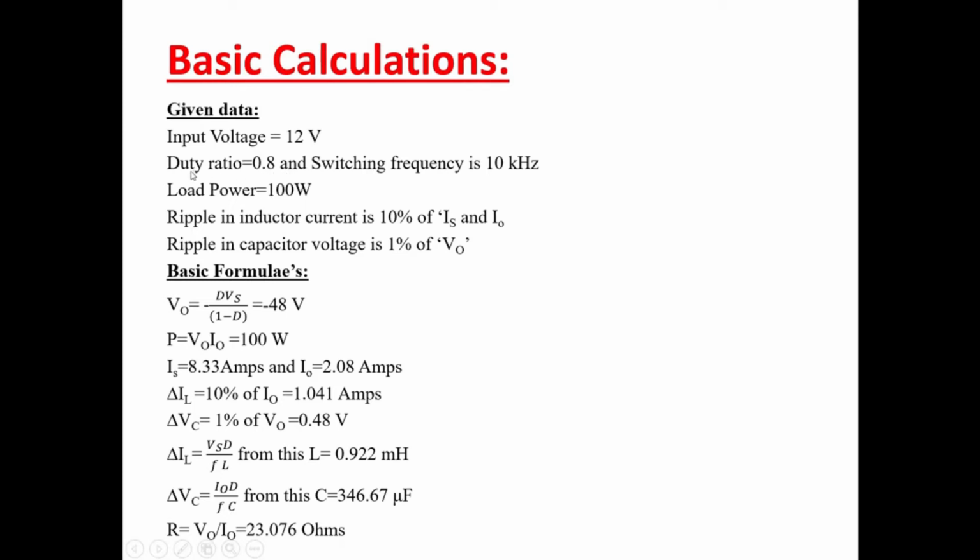Here you have to understand one thing: when it is going to step up the voltage, and when it is going to step down the voltage. If you maintain the duty cycle less than 0.5, then the buck boost converter will act in buck mode. If you maintain the duty cycle greater than 0.5, then it operates in boost mode. So we can operate in both the modes, either in buck mode or boost mode.